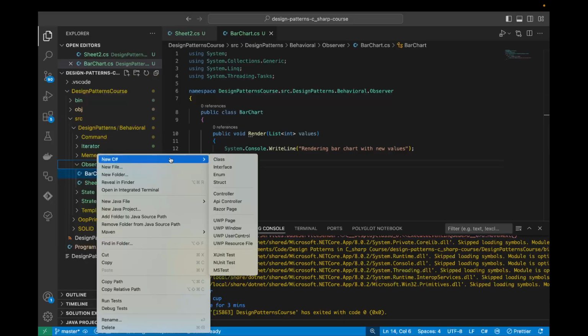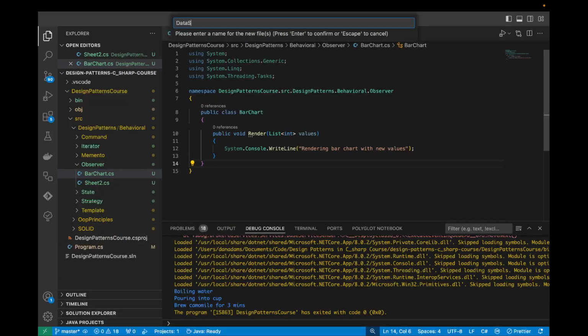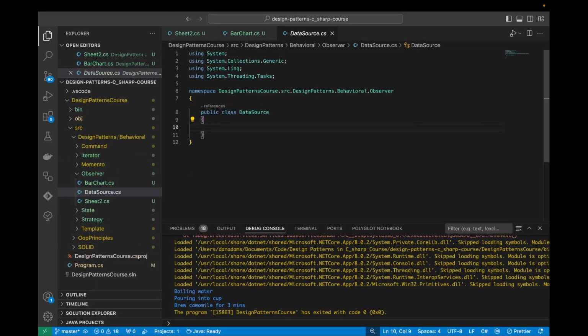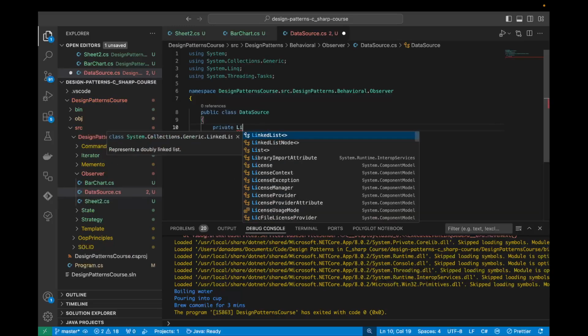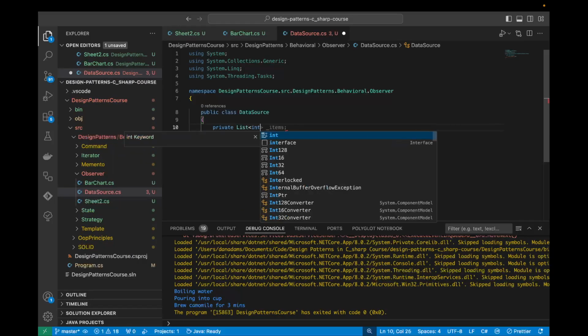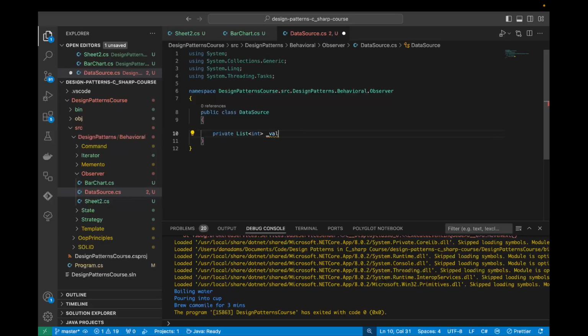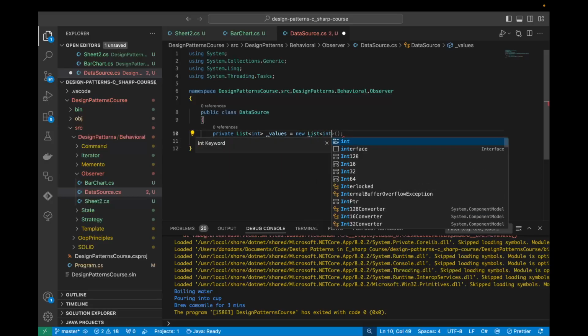So let's create the data source, and in here we're going to have a list of values. This is kind of analogous to our number of dogs in each of the cities, basically. And we'll create a new list of integers,